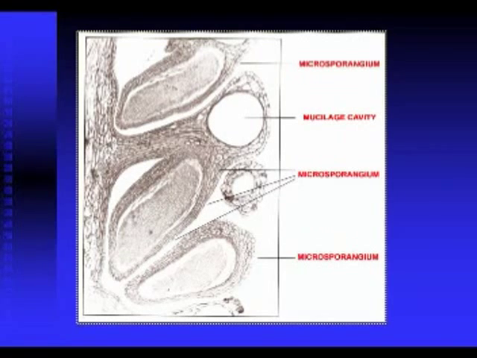Each microsporangiophore has a terminal knob containing a mucilage cavity, and there are two pendulous microsporangia. These microsporangia are many-walled and dehisce by means of a longitudinal slit, whereas in the female plant